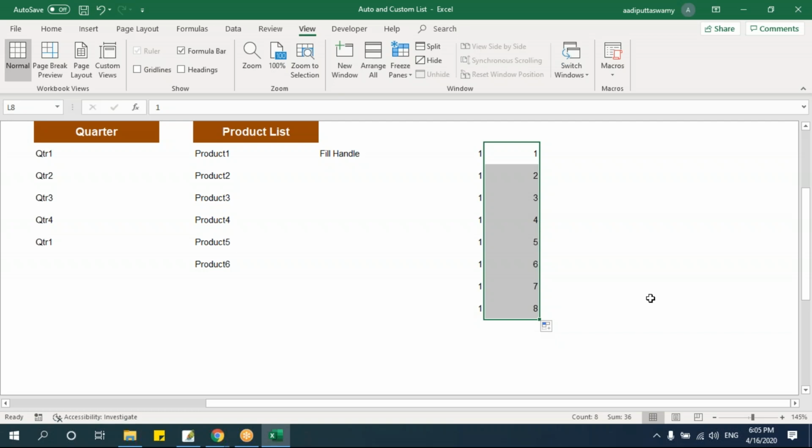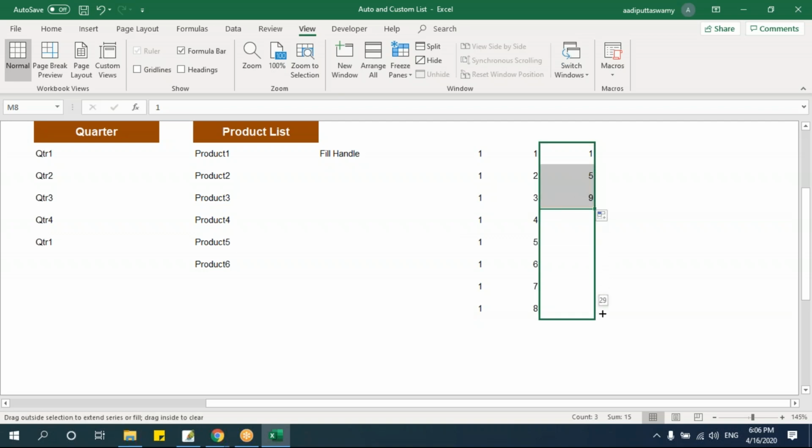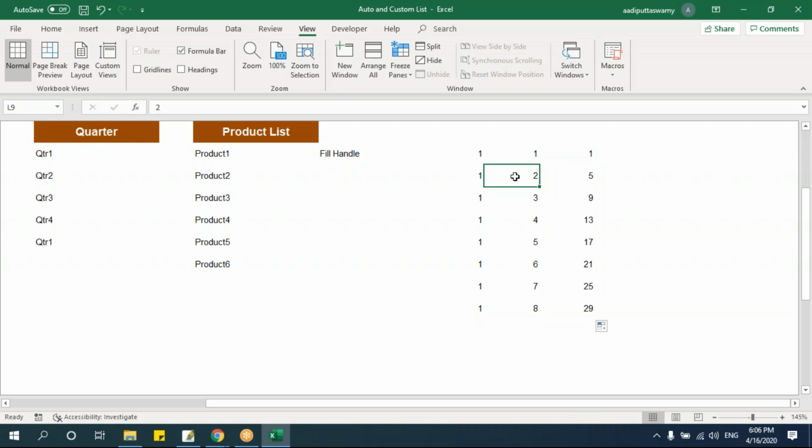How does this work? Let me type once again 1 and this time 5 instead of 2. What it will do is take the second value, subtract the previous value, and then give me the next number. Say 1, 5. 5 minus 1 gives 4. The next number will be 5 plus 4, so if I drag, it becomes 9. So it will have a series of 4 like this: 1, 5, 9, 13. It is adding 4. In the earlier case, it subtracts 2 minus 1 and gets 1, so the next number will be 2 plus 1, 3 plus 1, like that.